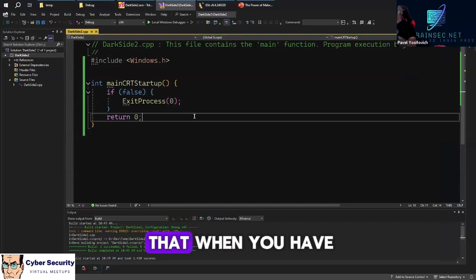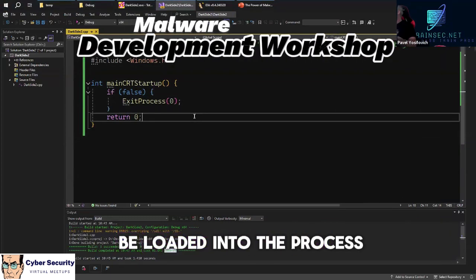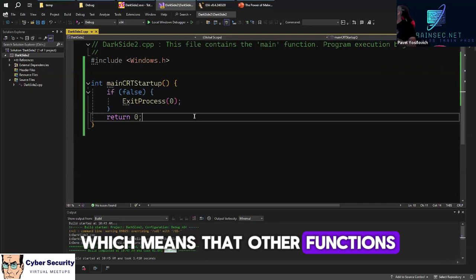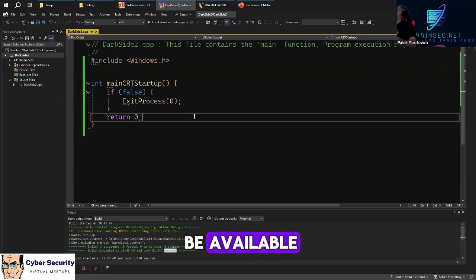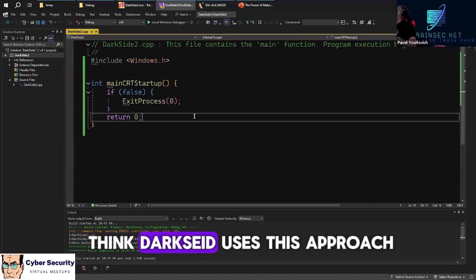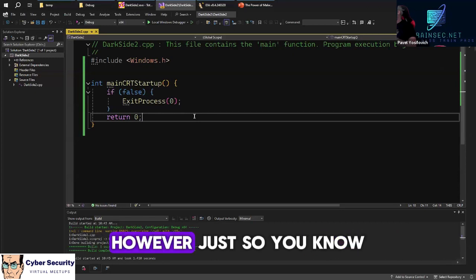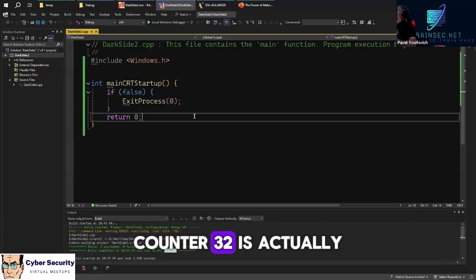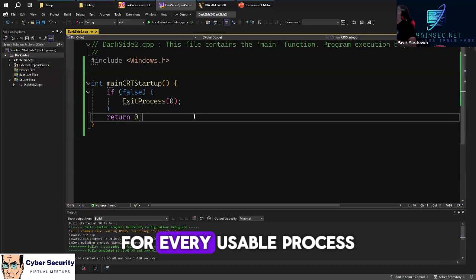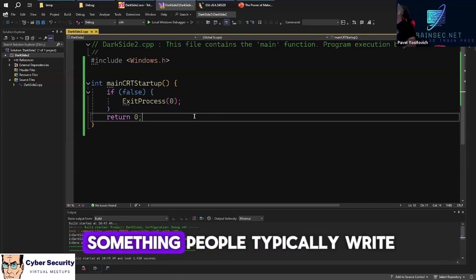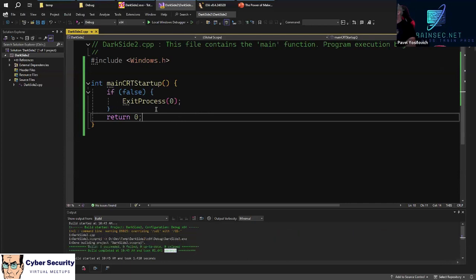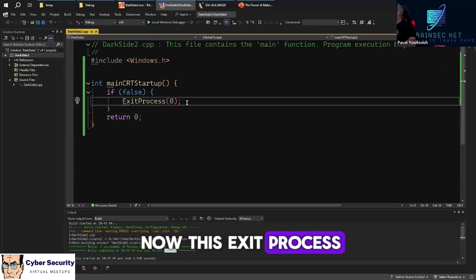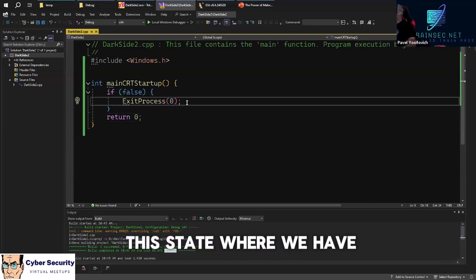The other thing is that when you have an import for kernel32.dll, which of course is a user mode DLL, it forces that to be loaded into the process, which means that other functions there are going to be available. And that's why I think DarkSide uses this approach. However, just so you know, kernel32 is actually loaded automatically for every user mode process unless it is a native application, which is not really something people typically write.